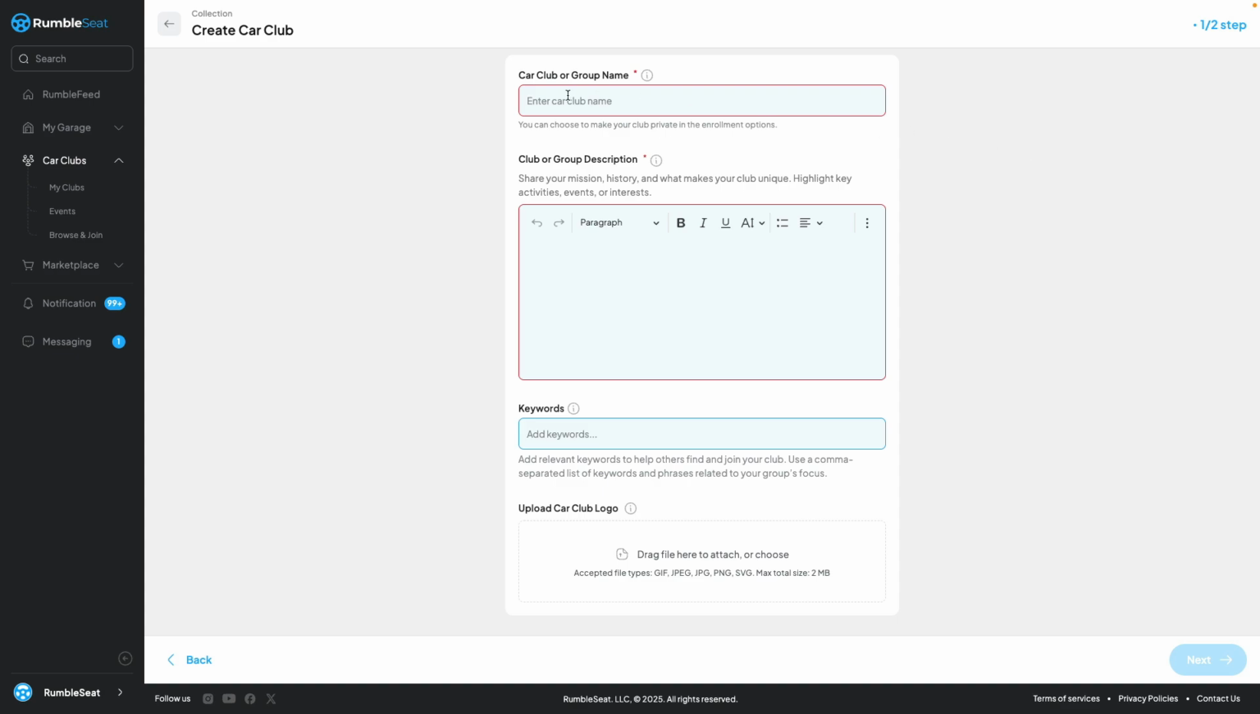Very easy to do. You just give your club a name. You give it a description, and that's going to be publicly visible in the Browse and Join directory, so users know exactly what your club is all about. We certainly invite you to add keywords. This helps as users are searching for a club. So certainly consider adding comma-separated keywords, like vintage motorcycles, comma, Indian, whatever brands of motorcycles that you might want to